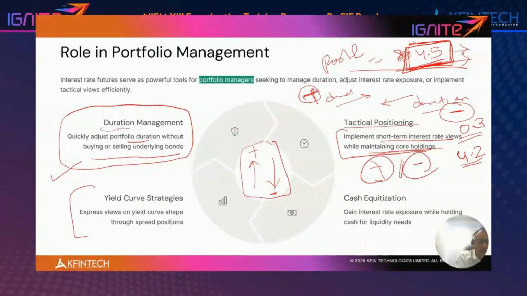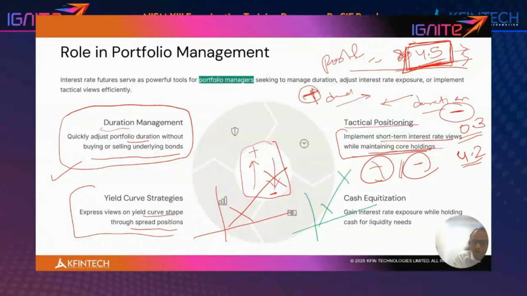Yield curve strategies. Express view on yield curve shape through spread positions. What are spread positions? Let's understand. We had done this earlier in the color section. Suppose I have a view. Let's take another color. Suppose I have a view on the yield curve. So I can actually benefit from the yield curve movement without touching my portfolio. Suppose my portfolio is at 4.5. I don't want to touch it, but I want to make some money using the bond futures by riding the